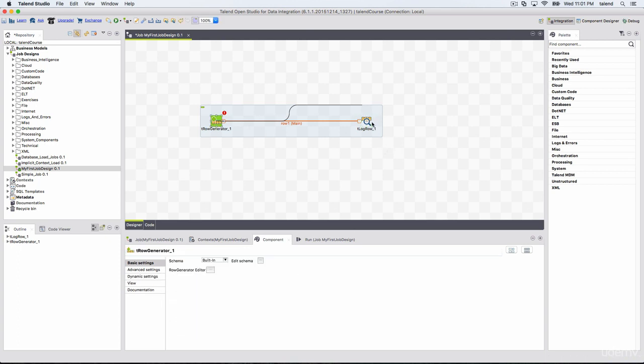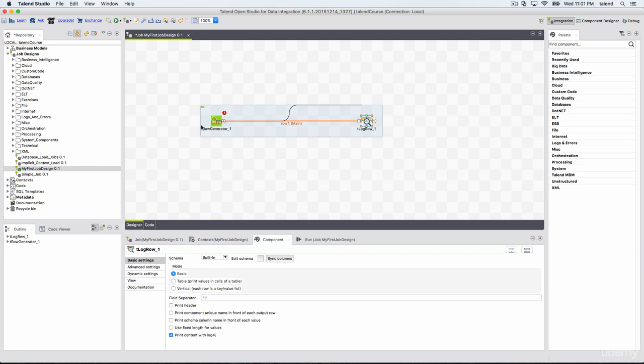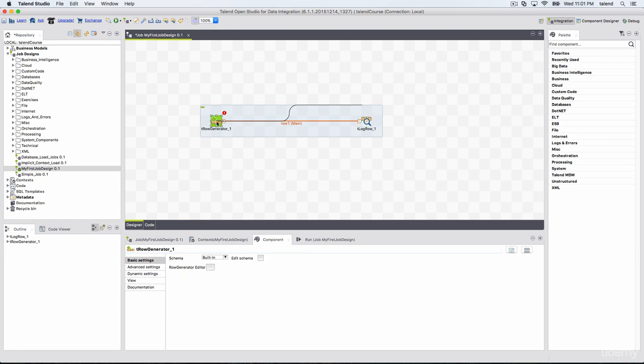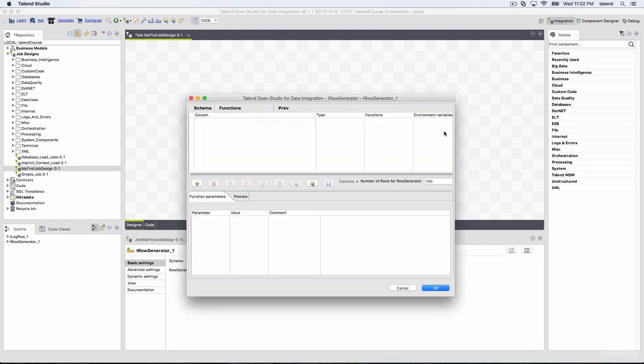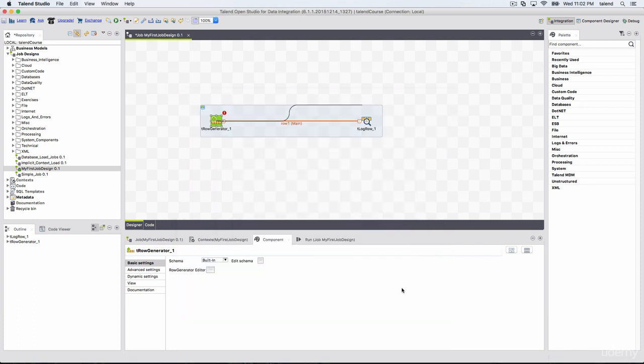Even a single click will work, but some components open a different window. As you can see, this doesn't do anything when you double click, but tRowGenerator opens a window. This happens for particular kinds of components only. Not all components have this window opening feature.